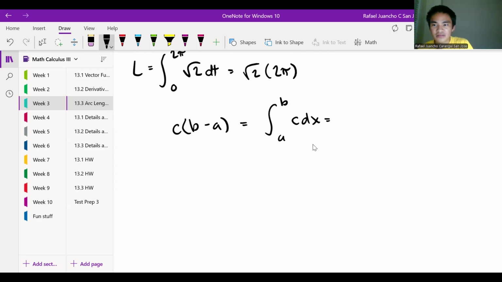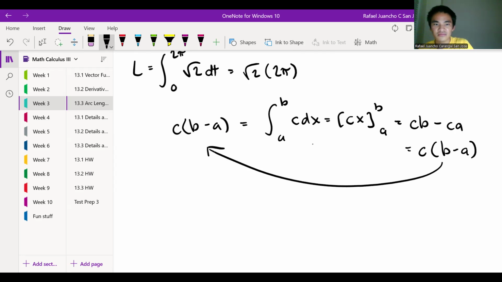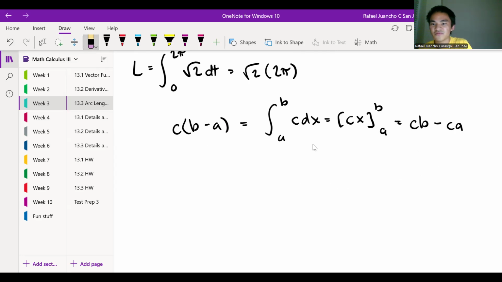If we take some constant and integrate it, we get Cx evaluated from A to B, and then you get CB minus CA, and here we can isolate C, which is the same thing. So just a quick formula there